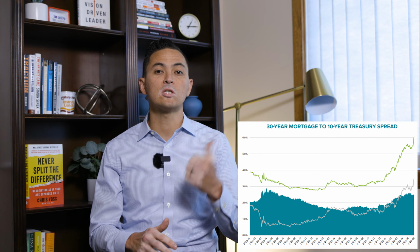Now, long-term mortgage rates are affected indirectly because, as you'll see using these cool charts, the 30-year mortgage rate and the 10-year Treasury bill are very closely aligned over time. And because the 10-year Treasury bill is known as the risk-free rate, this is the rate that you could earn with almost virtually no risk. Okay, so if you give them $100, they're going to give you 2.9% right now. And that's going to be your risk-free return because there's basically no risk unless the US government defaults,